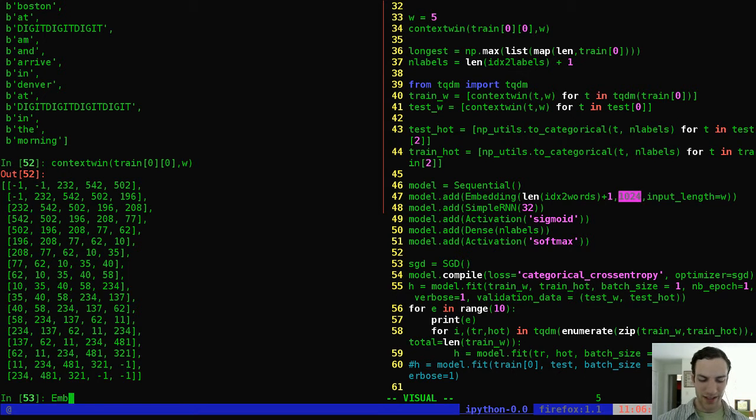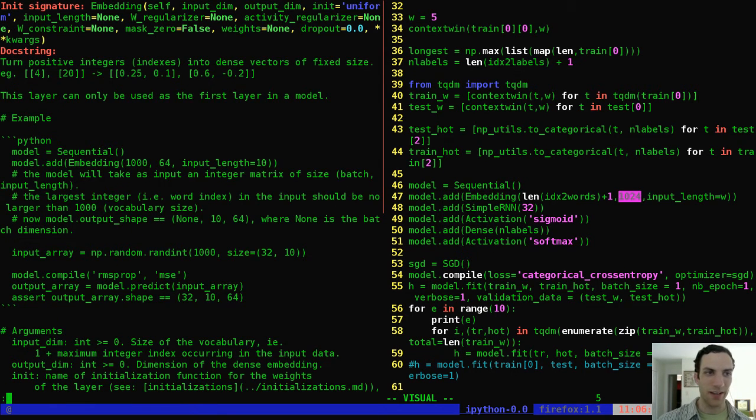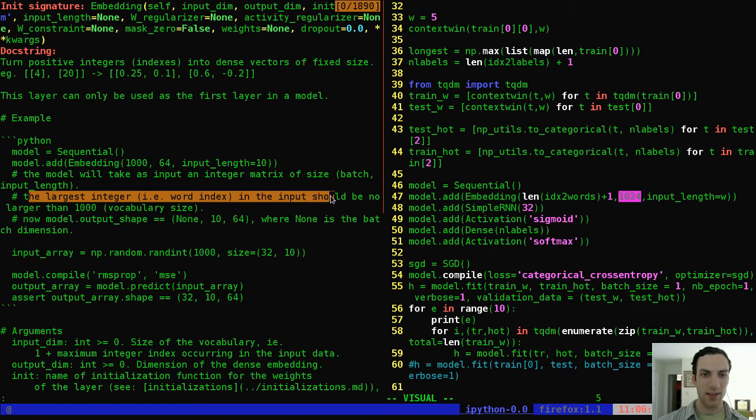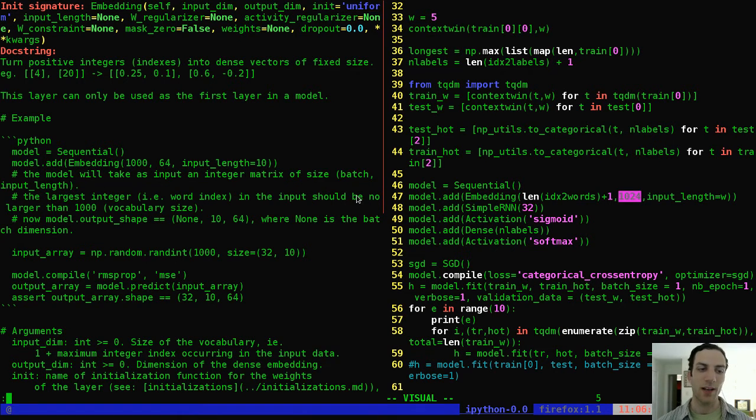Let's look at embedding, actually. This does work now. It turns positive integers, indices, into dense vectors of fixed size. Example: 4 and 20 become 0.25, 0.1 and 0.6, negative 0.2. So that's input length 10, the largest, so yeah, here we go. Embedding input dimension 1000: the largest integer, word index, in the input should be no larger. Alright, so each one of these